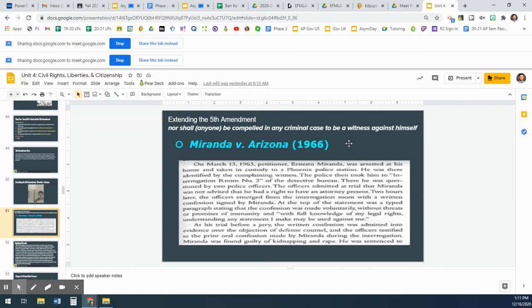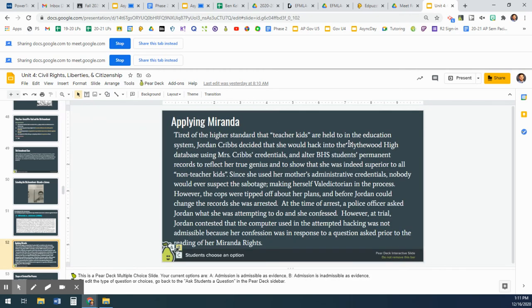And the general public may not necessarily know all their possible rights, so it's up to law enforcement to inform them of them. If the law enforcement does not make them aware that they're able to have a lawyer present, and they don't have to answer questions when asked that might incriminate them, then they have to throw out any of that evidence that was obtained prior to being Mirandized, is what they call it, or being read their rights. All right, so here is an example. Let's see if we can apply Miranda.